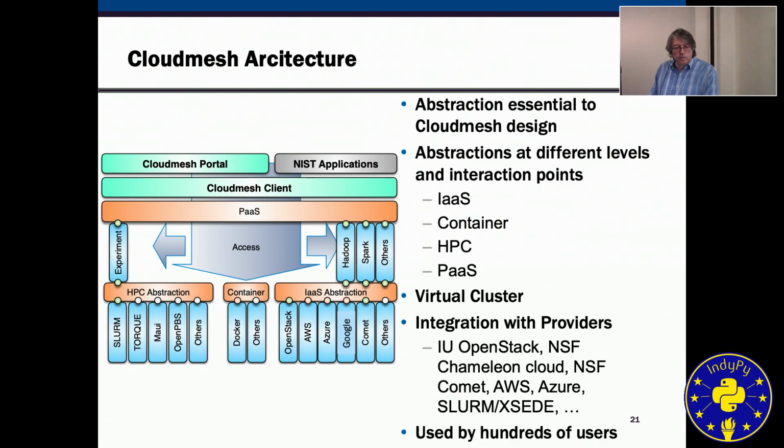We used to also have a Cloud Mesh portal that integrated this whole thing as a portal, but we no longer support that because we found the client API so useful, and we means me. So I made the decision at one point, I don't have the time to develop Drupal, Flask, and Django portals. It's just too much time on our hands. We need to be focusing on the bare stuff that provides functionality.